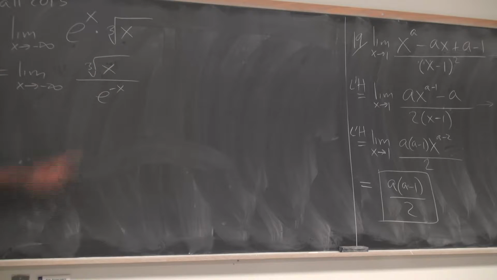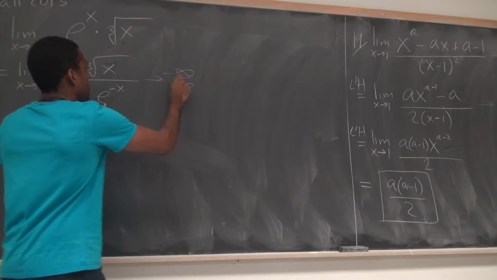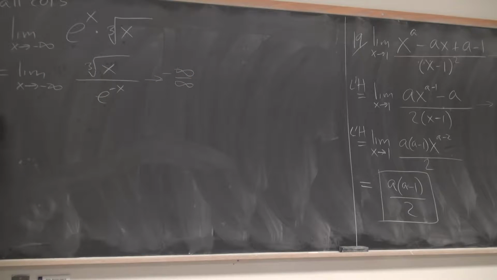And now what do we have? This would be negative infinity divided by infinity. So it's an infinity over infinity, right? So minus infinity over infinity. And so I can apply L'Hopital's rule. Derivative of this? 1/3 x to the minus 2/3. Derivative of this? Negative e to the x. Negative e to the negative x, which gives us